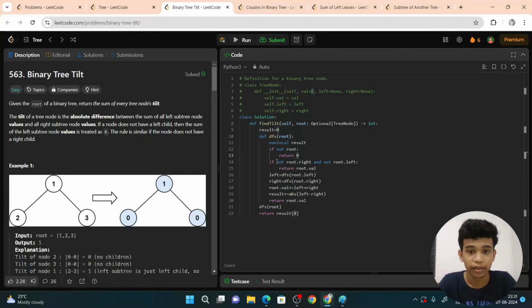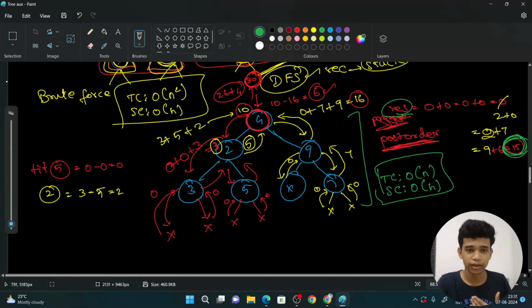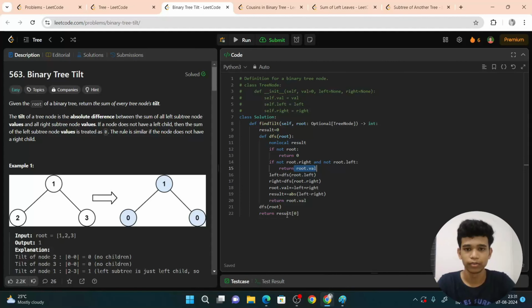Okay, and if not root.right and not root.left, which means it is a leaf, then what should I return? I should return the root's value. That's what I did here also, right? Here also at this 3, what do I return? Just 3, right? We can also return like that. No problem, okay? Now, left is equal to dfs of root.left and right is equal to dfs of